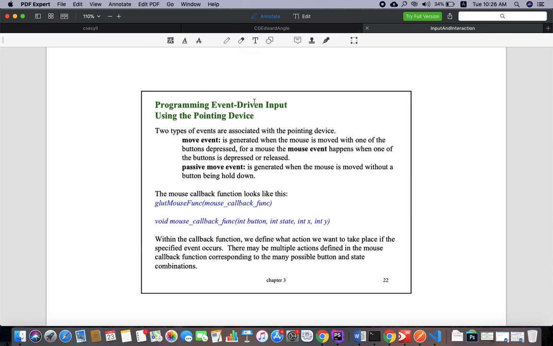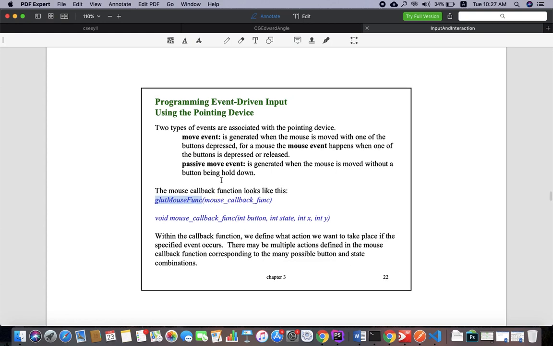Yeah, so now event driven using pointing devices. We already learned this one. So how do we introduce the pointing devices in a computer graphics or OpenGL program? We use a glut mouse function, right? Then we have a callback function, one mouse callback function, and we just need to define it. That is what we have. We have already seen the mouse function in the rotation of a color cube. You might have already seen that one. So we have already used it. I'm not going to discuss more into it.